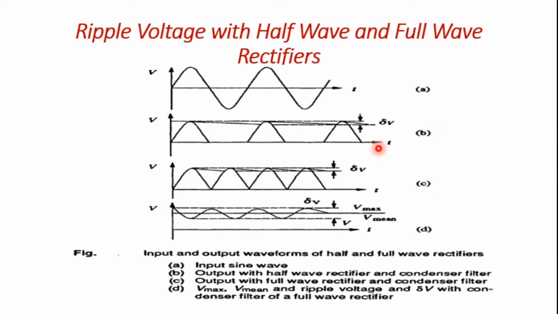For a half wave rectifier, the ripple frequency is equal to the supply frequency, and for the full wave rectifier it is twice that value. So this has to be minimum, and there must be a proper choice of the filter capacitor and the transformer reactance for the given load RL value. If not, there is an increase in the value of delta V, resulting in an output with a ripple having the maximum value.